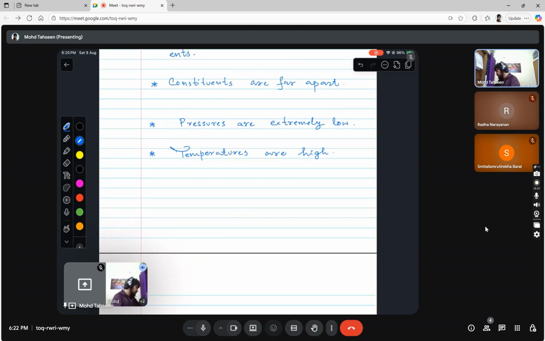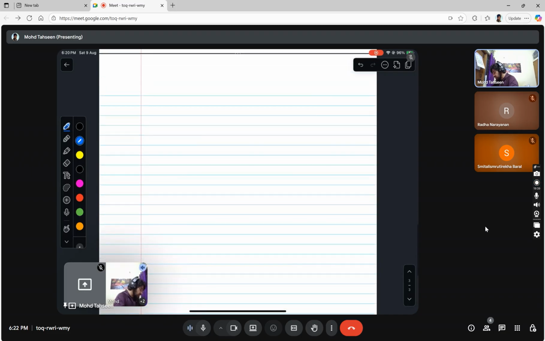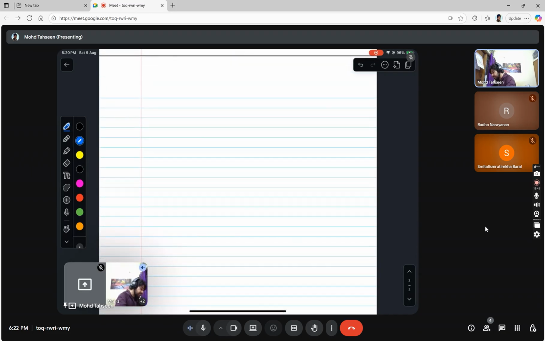So why are we discussing this ideal gas? The motive is that we want to model the free electrons present in a metallic solid as an ideal gas, right? In which case the atoms and molecules of a gas that we study in the ideal gas behavior are replaced by electrons, and we will try to find some average properties of electrons when it is modeled as that gas. So for that, let me just briefly